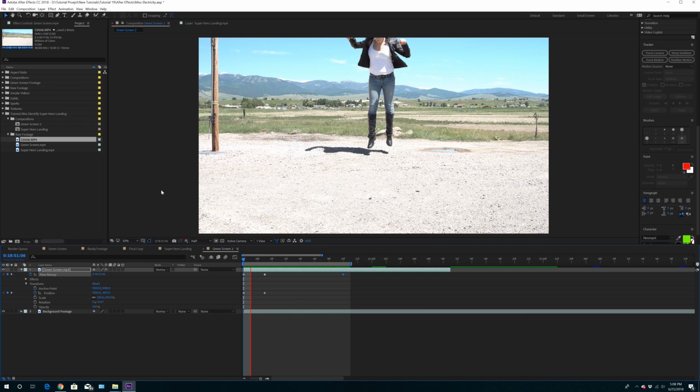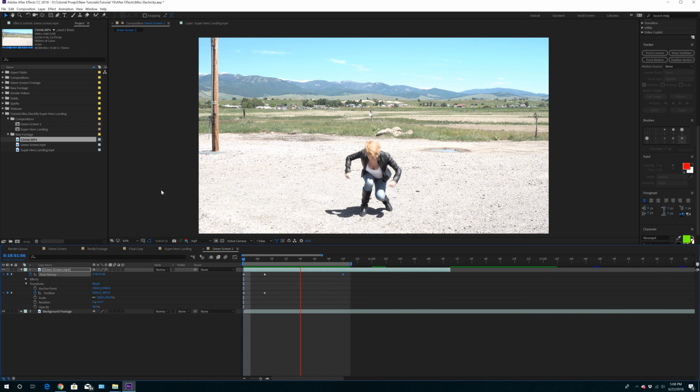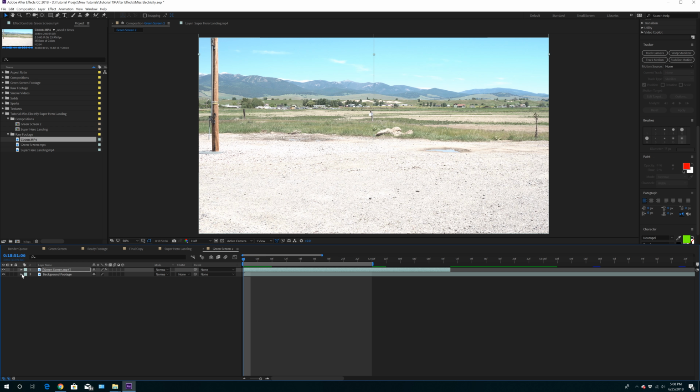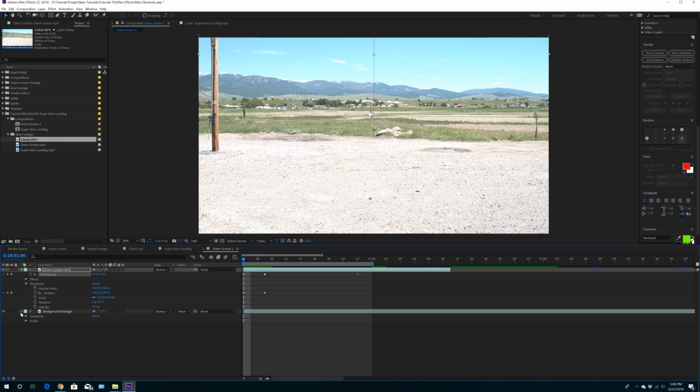Okay, and to me that looks more believable because she's falling from very high up in the sky, so she is falling really fast, okay? But it's really up to you guys. You can make that just a tiny bit slower if you want, but I'm gonna keep it just like this, okay? So once you are here, now I want to share with you guys how the shadow becomes